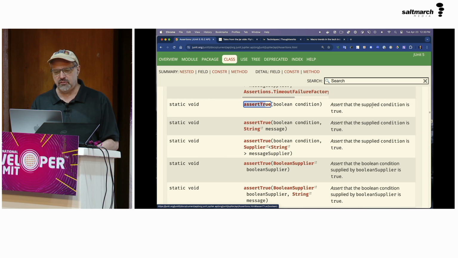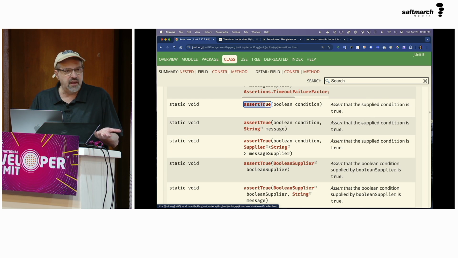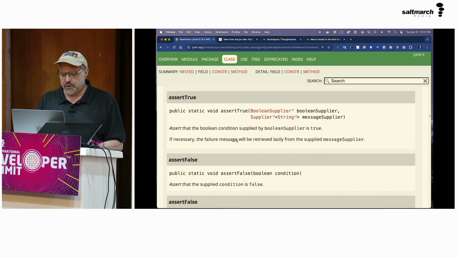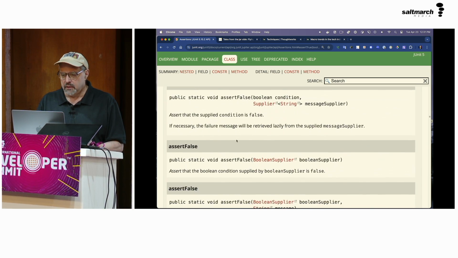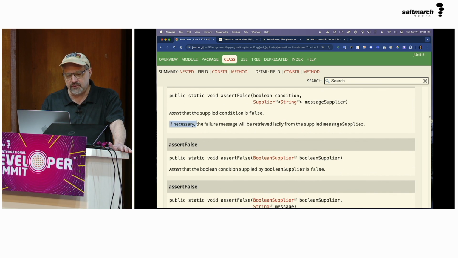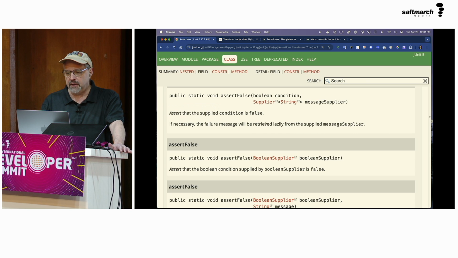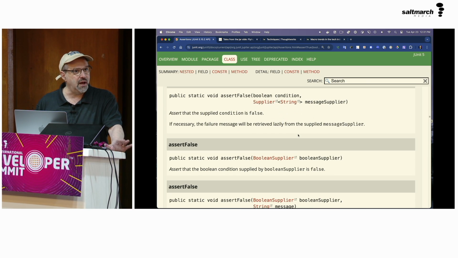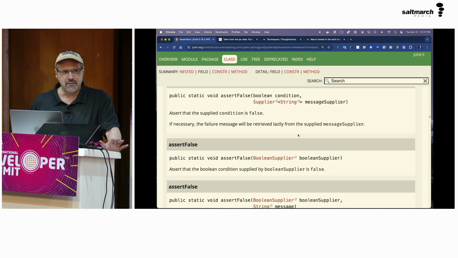You see the short message here doesn't say anything. Well, if I look at that one, well, first of all, let me look at the one that just takes the message. It says assert the supplied condition is true, fails with this message. But if I look at this one, Boolean and the supplier, it says, if necessary, the failure message will be retrieved lazily from the supplied message supplier. It's like, wait, what's going on here? Well,